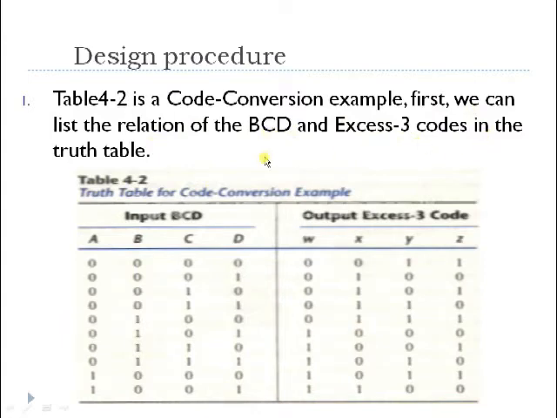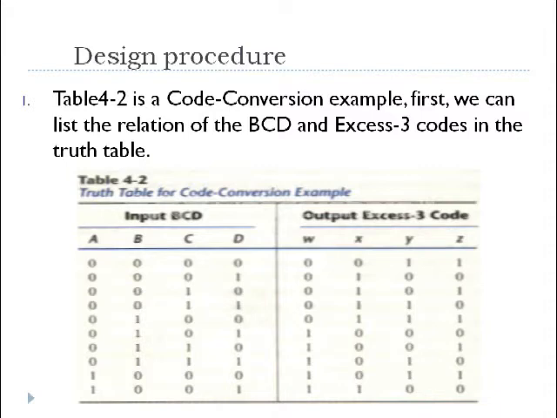Actually, the question here is we have to find a combinational circuit which converts a BCD value into an X3 value. Already we know what a BCD value and an X3 code are. BCD is a representation used for representing any decimal digit with 4 binary bits. For example, if I want to represent the decimal digit 9, then I'm going to represent it by using